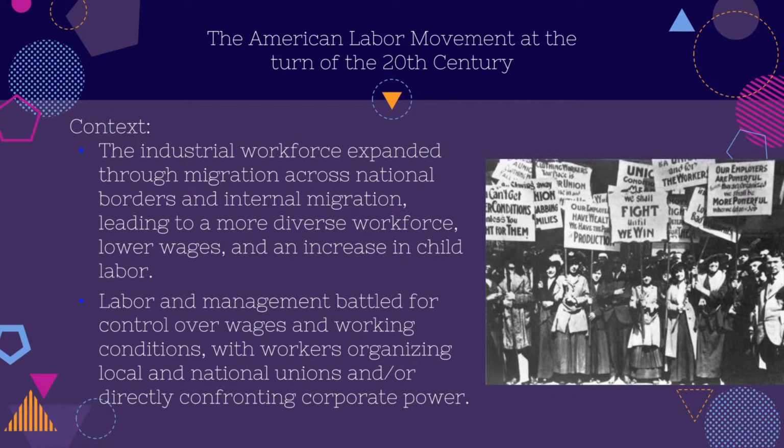So the industrial workforce, right? It's expanding because of migration and immigration at the same time, right? We're seeing quite a bit of movement and also just general population increase. With the end of the Civil War, we are seeing some, albeit limited because of Jim Crow, migration out of the South with the African American population. We will see that actually much more once we get closer to the 20th century, right? But in the years immediately after the Civil War, due to the ubiquitousness of sharecropping, it was much more difficult.